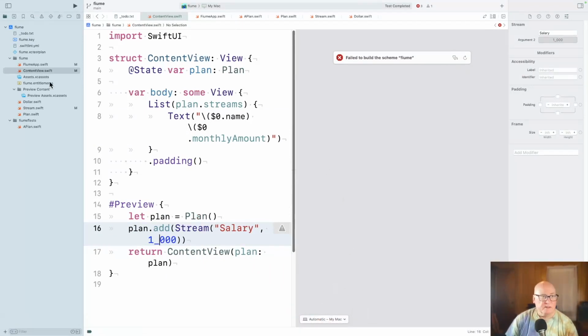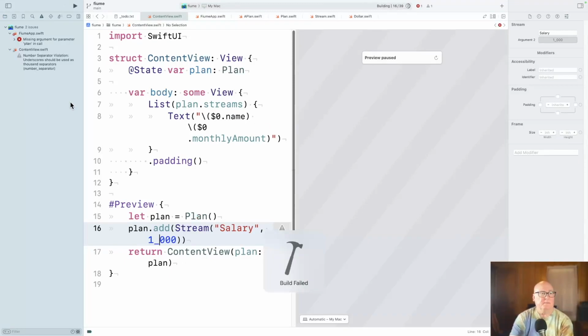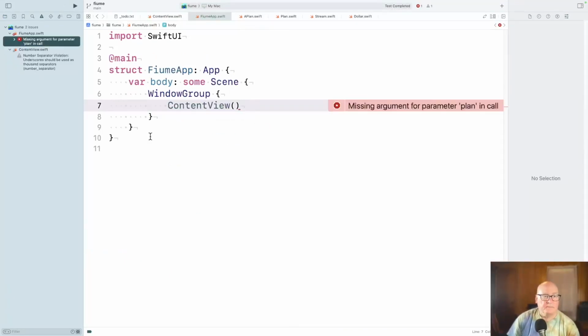Failed to build scheme. Maybe that belongs up here.